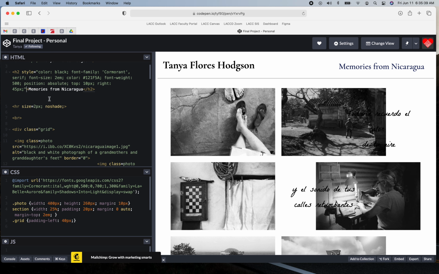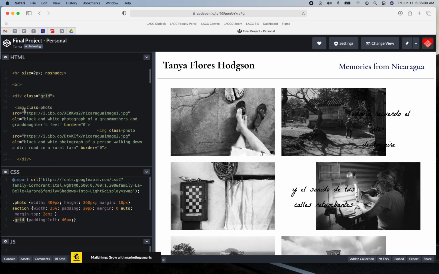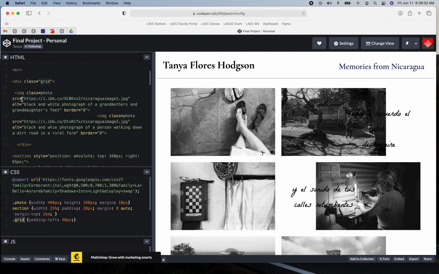Here's this line. That's this HR, and then a line break afterwards. Here we go. Here's the grid. Div class grid. The grid itself, the CSS class calls for padding left of 40 pixels. Okay. Div class grid. Inside this div is the image, first image, second image. Okay, and then the grid ends right here. So there's